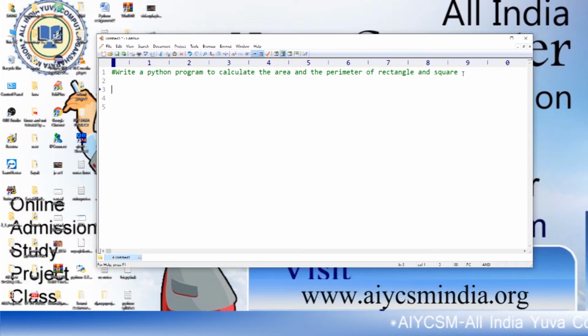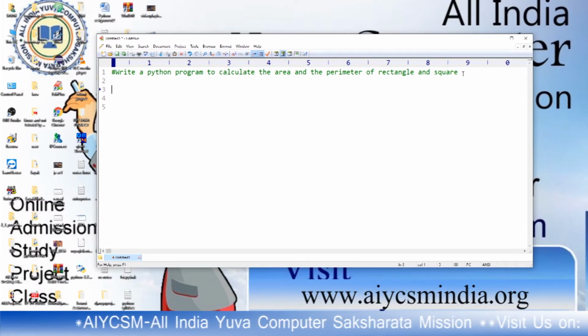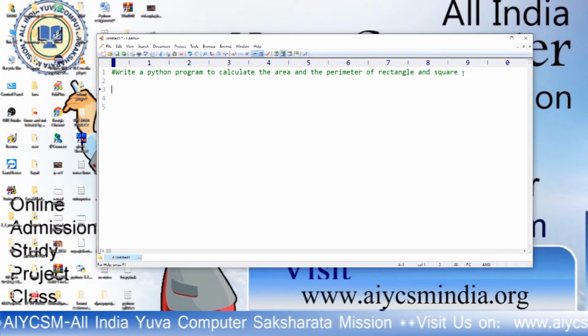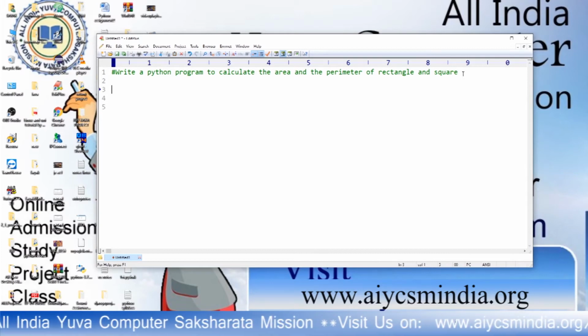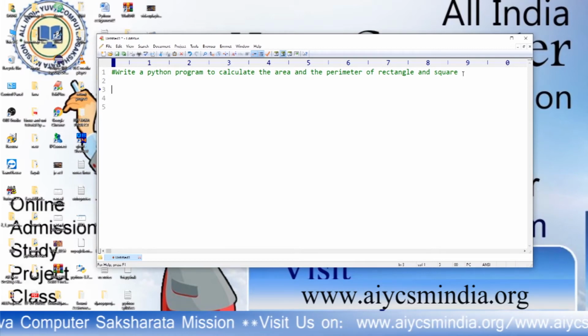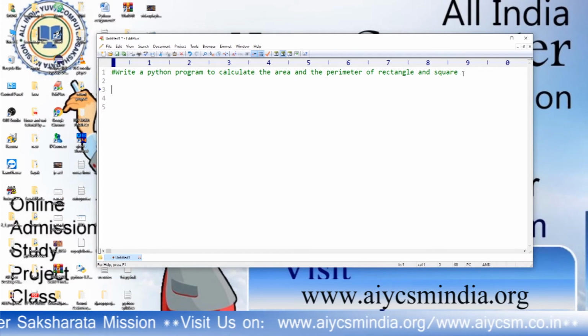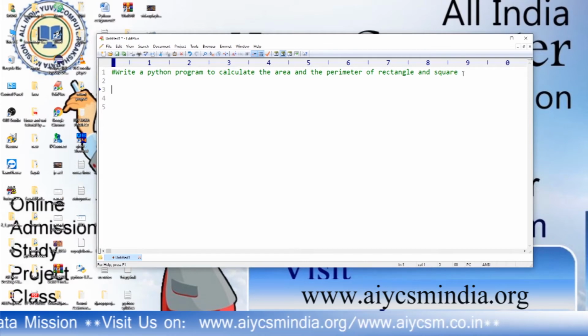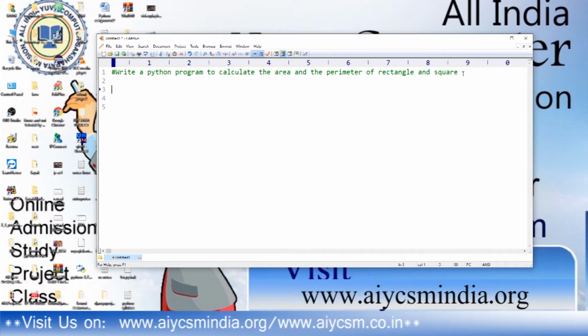I have to write a Python program to calculate the area and the perimeter of rectangle and square. What is the formula for area of a rectangle? What is the formula of area of square? What is the formula of perimeter of rectangle and perimeter of square? We discussed that just now, we know that. So I have to declare 3 variables.